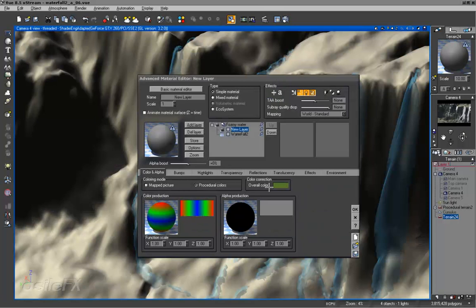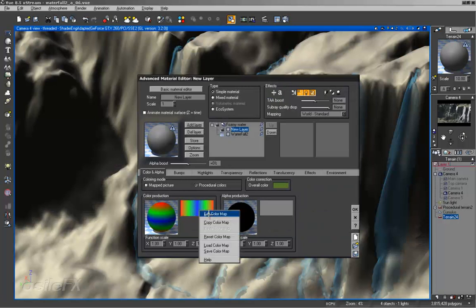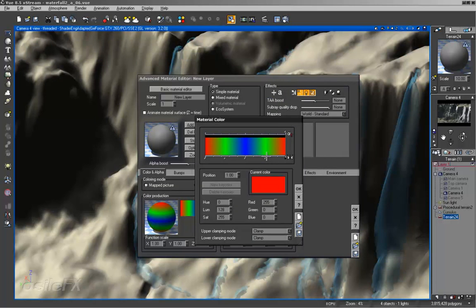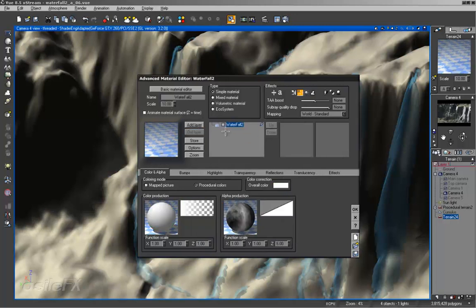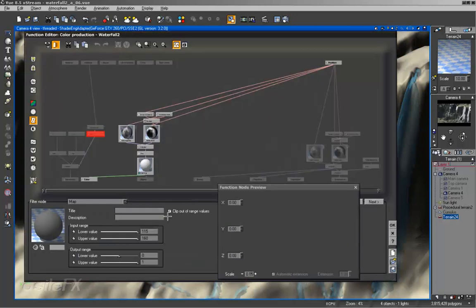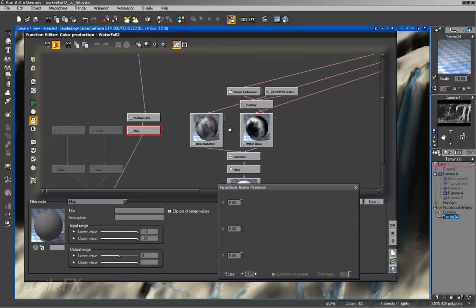And just to get an idea of our key points before we go ahead and delete this layer, I'm going to edit the color map, and we can see that we're at 0.5 for the full green, so I'll probably clip it out, maybe 0.75. So we can delete this layer,